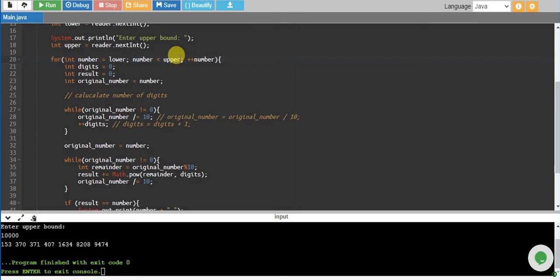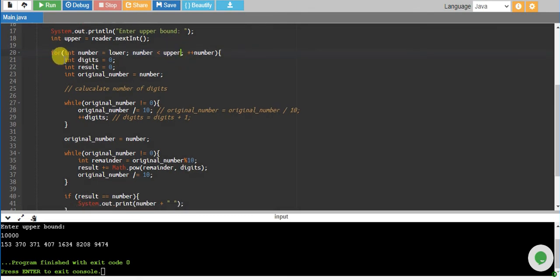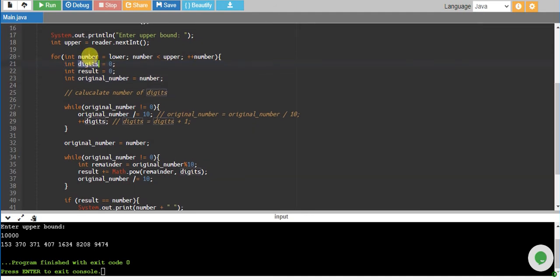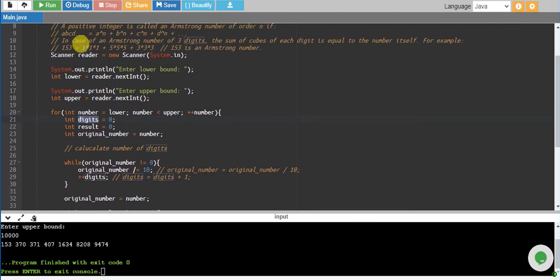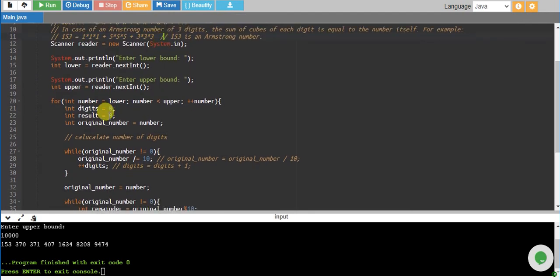When the upper number is reached, the loop will break. And we have created three variables. numberOfDigits will calculate how many digits are in the number, because we need that to calculate our results. We have created a variable result in which we will store our result.